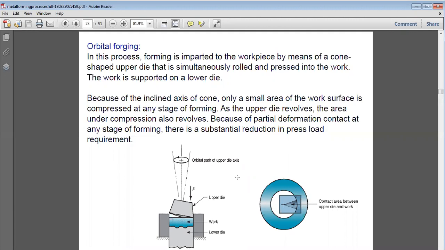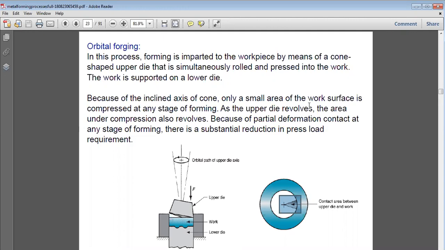There is partial deformation of the contact at any stage, because this is not all-over contact but a partial contact, and partial contact will bring partial deformation. It is not stationary; the die is rotating upon the workpiece, so the load is also rotating as per the rotation of the die.